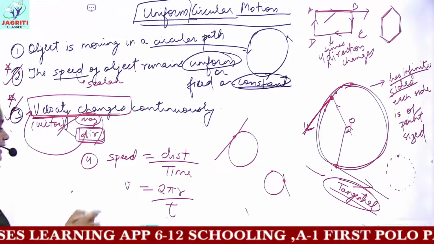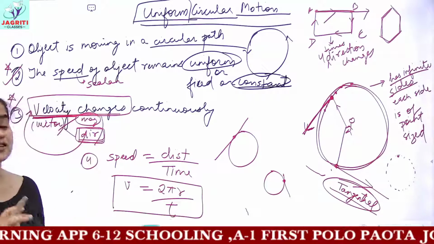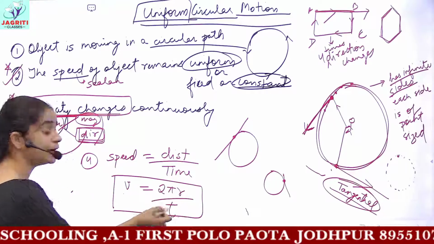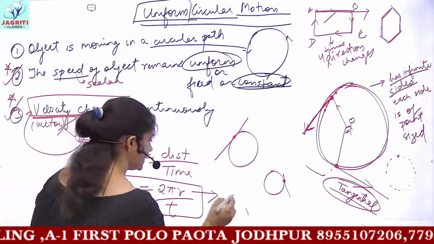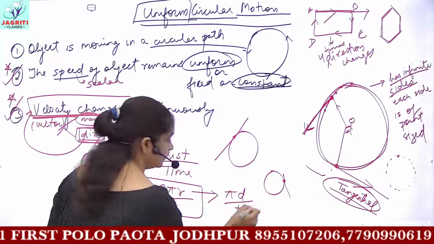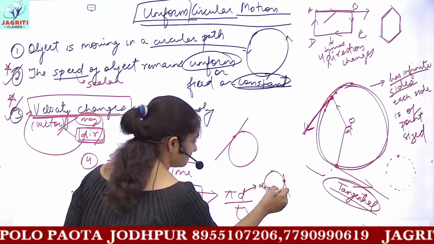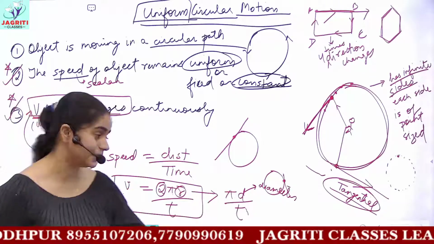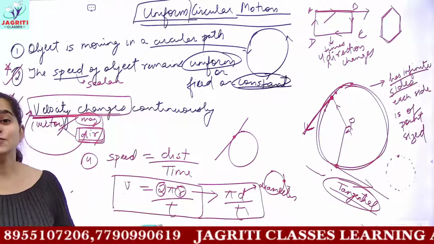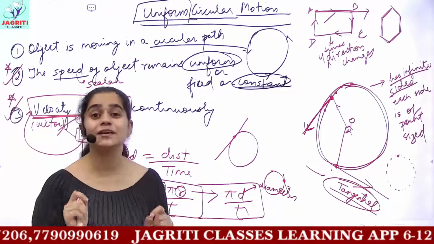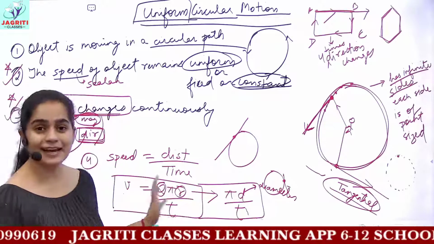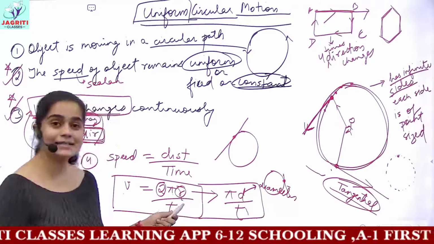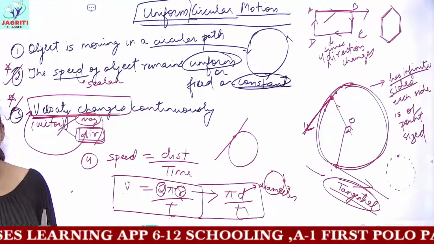So if you have to find the speed of any object traveling in uniform circular motion, the important formula is speed equals 2 pi r upon time. Or you can even remember this as pi d upon time, where d is the diameter, because 2 times the radius gives you the diameter. So you can remember this formula, and then you can practice question number 10 given in the exercise part of chapter 8, Motion. A question regarding an artificial satellite is given. You are given its radius and time, and you have to find the speed of the satellite.